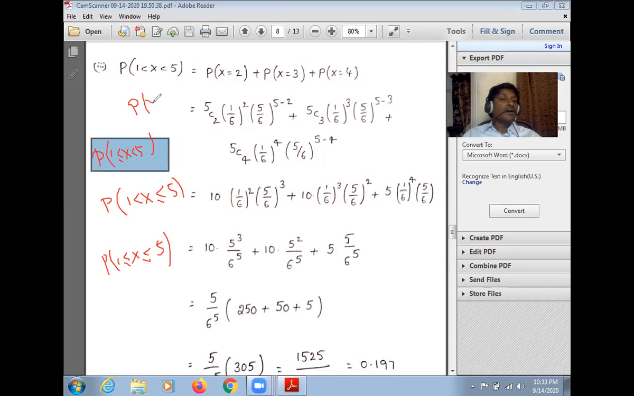P of x is equal to 1 plus p of x is equal to 2 plus p of x is equal to 3 plus p of x is equal to 4. Why? Because here it is having less than or equal to, including 1. Okay, suppose here it is,